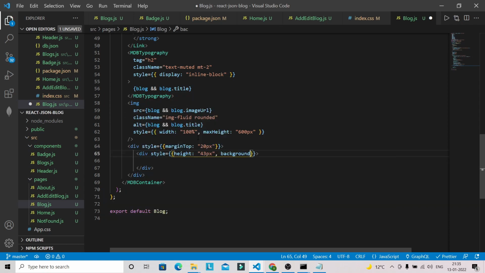Background I can give here some color like hash f6f6f6,